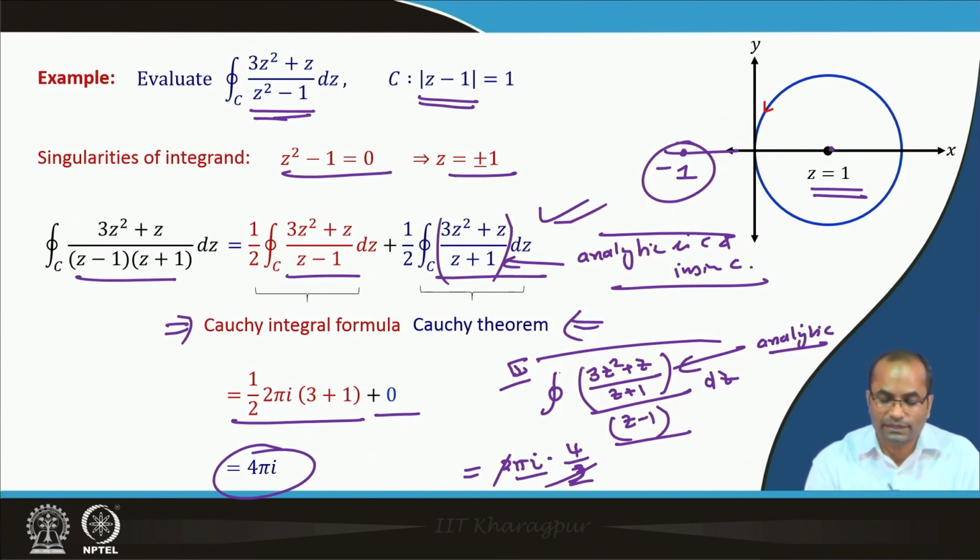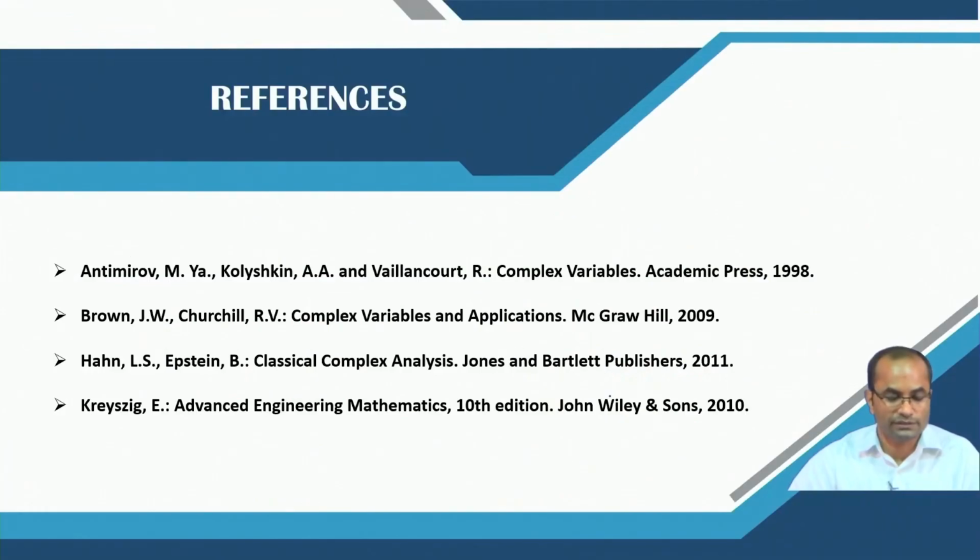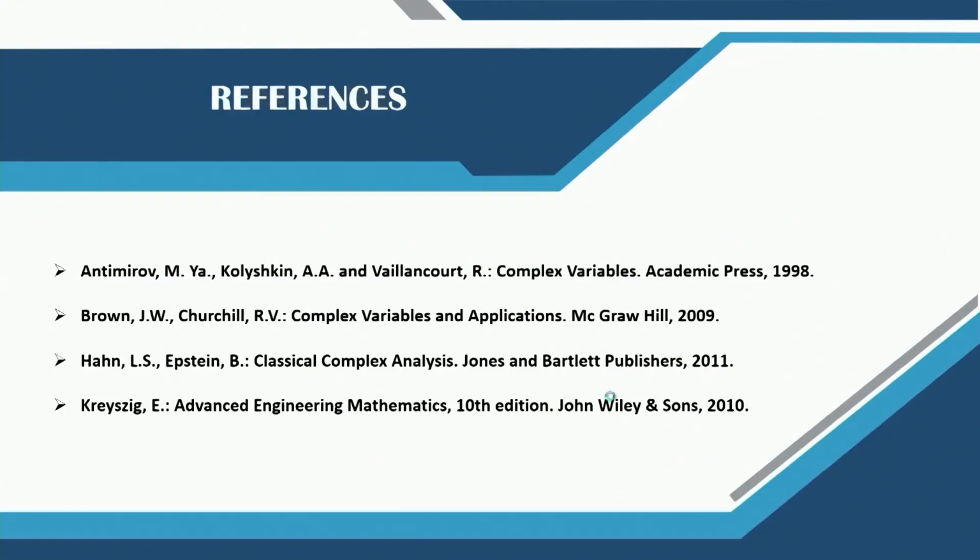So, this could be another approach where we do not have to do these partial fractions unnecessarily. We can just simply rewrite our integrand so that in the numerator everything is analytic, and z is equal to 1 was the problematic point. So, we have divided by z minus 1 and we can evaluate this. Here we have the references which are used for preparing the lecture.